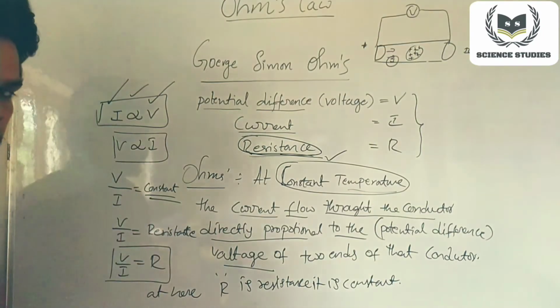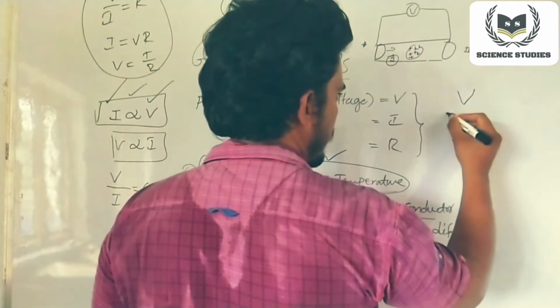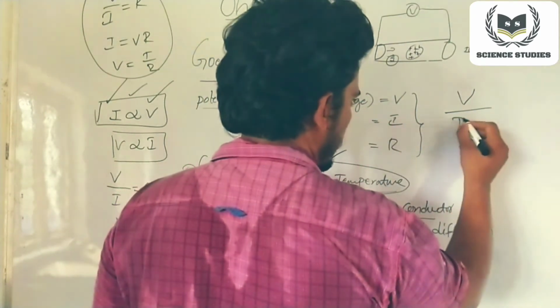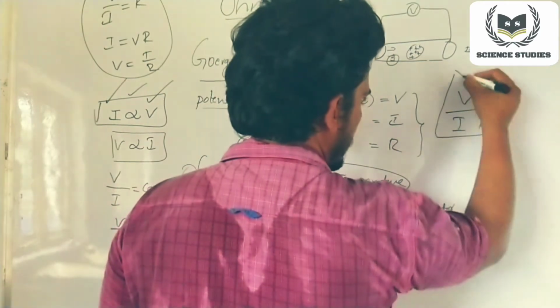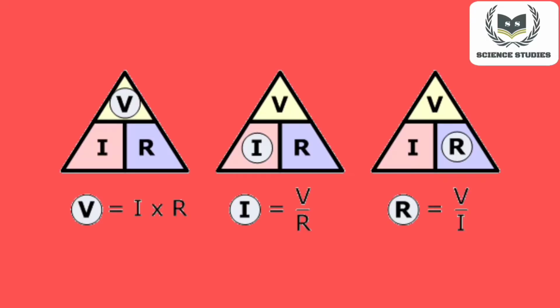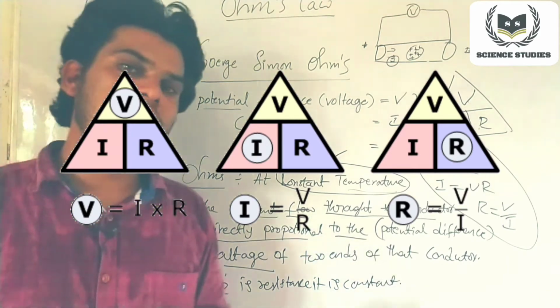This is Ohm's law. We can draw a triangle with V, I, and R. So it is one kind of triangle. By using this Ohm's triangle, we can find out voltage V, current I and resistance R values. For example, if you want to find out voltage V, then V equals I into R, and current I equals V by R, and in the third triangle R equals V by I.